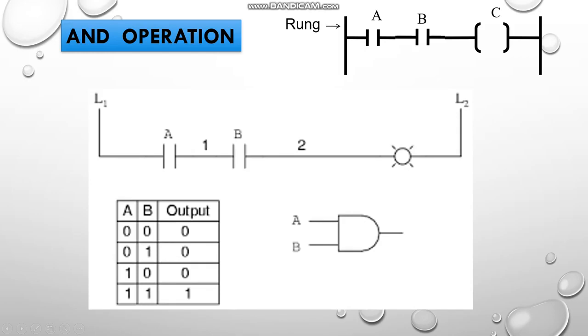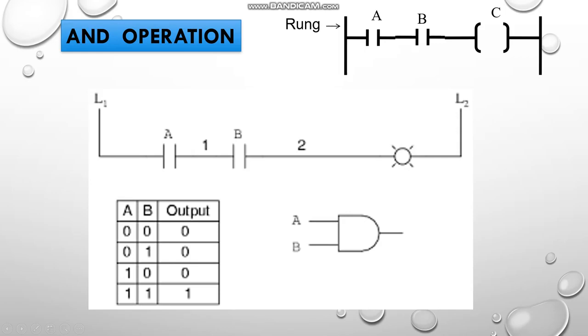In the OR gate operation, the two inputs were connected in parallel. But in the AND gate operation, based on the truth table, the two inputs are connected in series, and this particular portion is the output part. According to the truth table, when the switch is normally open and normally open, 0 and 0, the output will be 0. In the second case, when A is 0 and B is 1, the output is 0, since when A is 0, there is a breakage in the circuit and there will be no continuity of current flow to the next terminal.